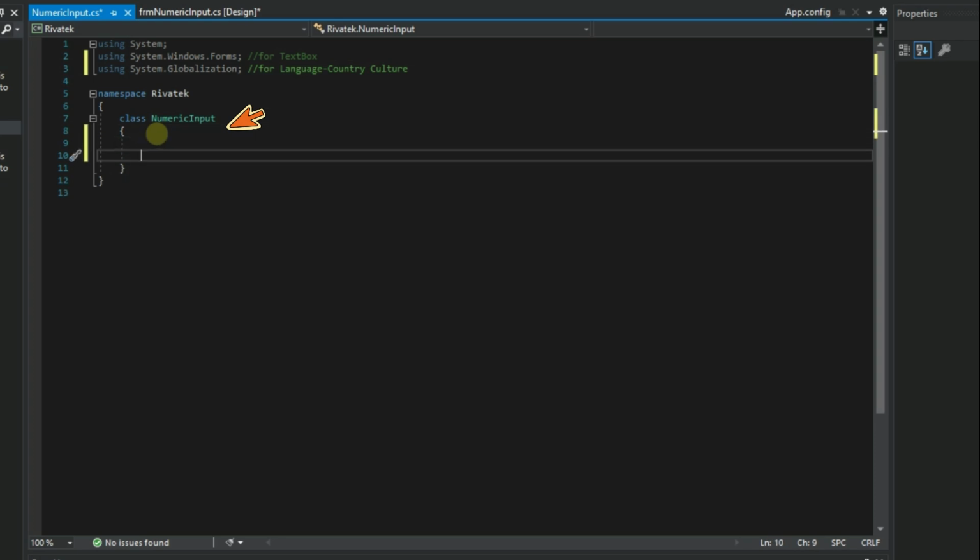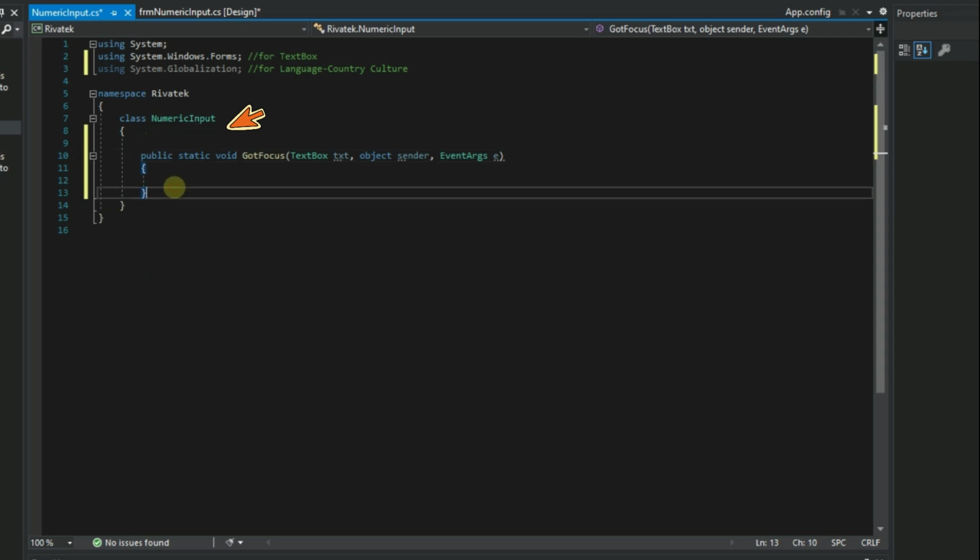We will create focus, keypress, and leave event methods for text box objects. Follow the steps and add them as is.